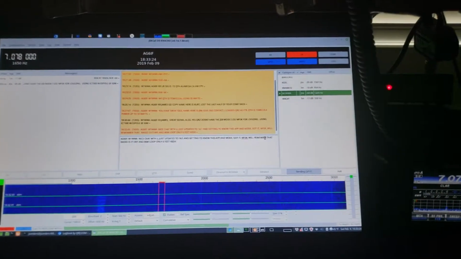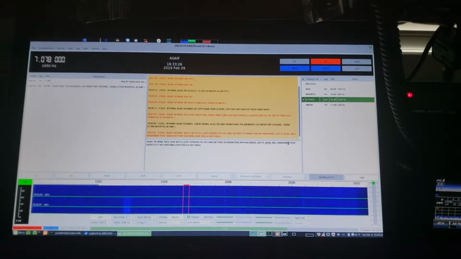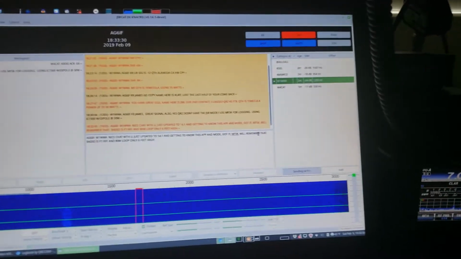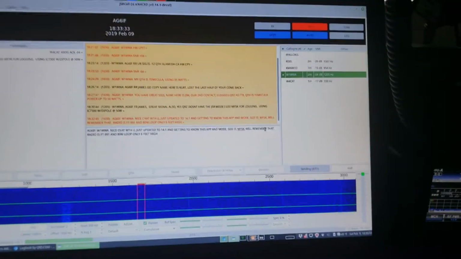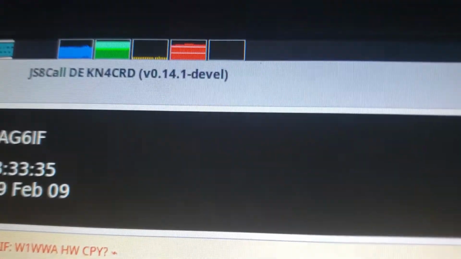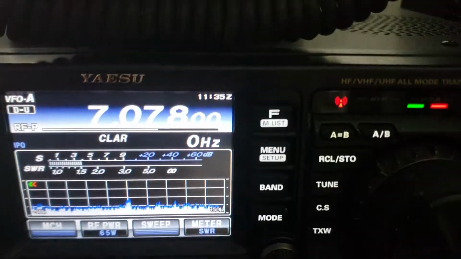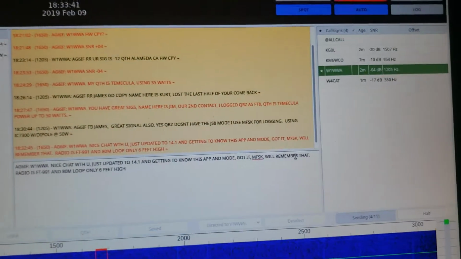AG6IF, Saturday morning, February 9th, 2019. Just updated my JS8 call software to the 1.4 development version. Giving it a try. We're out here on 40 meters, 7.078. Having a QSO here with Kurt